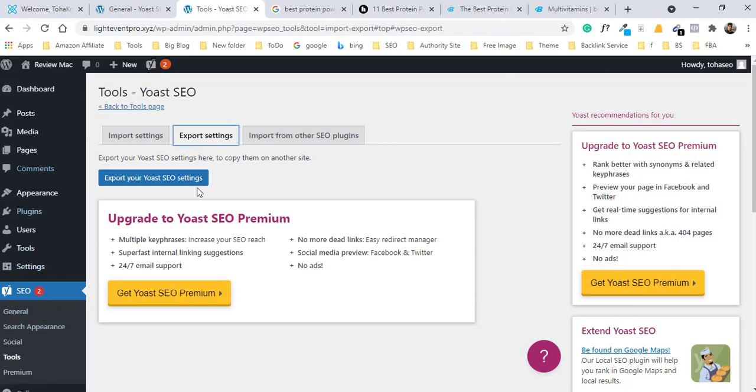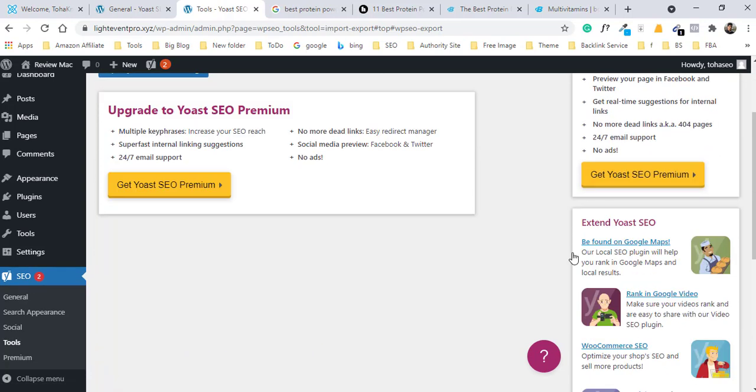We already set up the Yoast SEO plugin. Now if we want to export our data, just click on it and you get the whole export data. And you can also import from other SEO plugins.